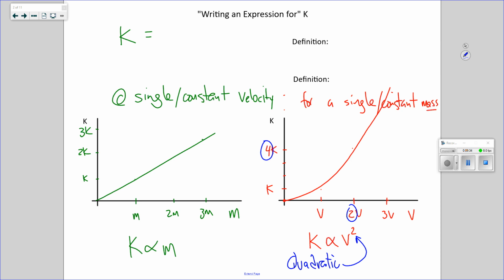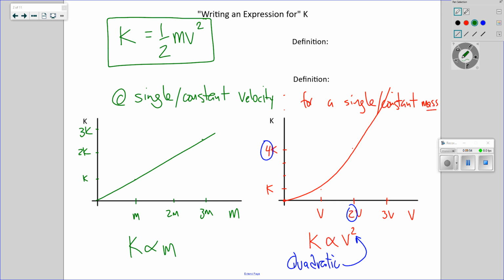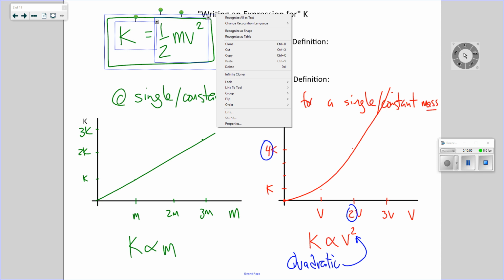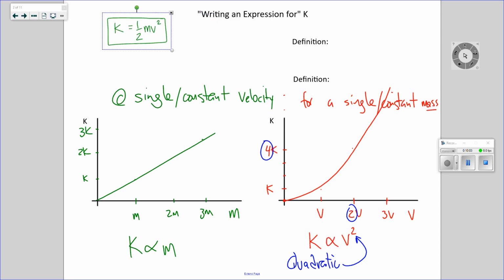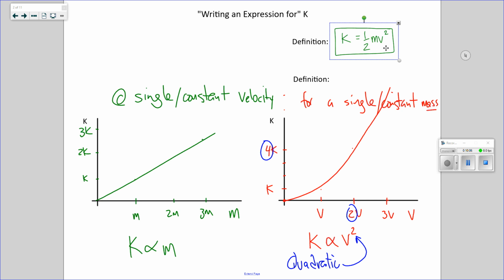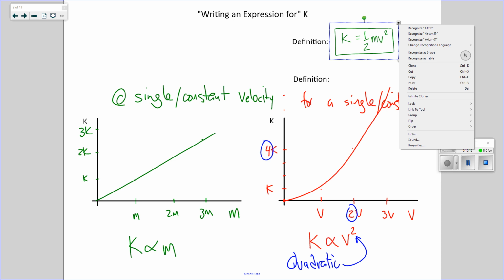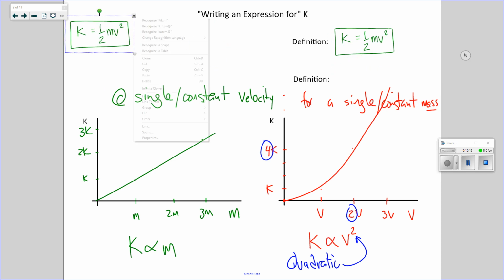So, well, that means 2 things we can capture in our expression for K. 1 is that it's proportional to M. 2 is that it's proportional to V squared. Well, there's a 1/2 in the front. That's a harder sell as to why that's there, but you're going to have to take my word for it. Okay? Maybe this is definition 1. I'm not quite sure what these definitions are supposed to be, but we're just going to define kinetic energy as 1/2 mv squared. I'm also going to say, okay, so if K is 1/2 mv squared, let's look at the units of K,